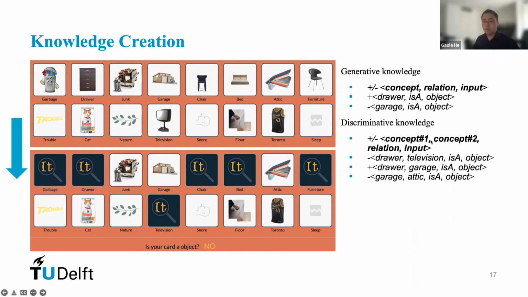With cards flipped and unflipped in the same turn, we can obtain discriminative knowledge. As genre and television are both flipped in this turn, they can't be distinguished with the relational property "is an object". It's the same for garage and attic, which remained unflipped in this turn. With the same behaviors in this turn, we construct negative discriminative knowledge. But when we consider genre, which is flipped this turn, and garage, which stays unflipped, we can draw positive discriminative knowledge, as genre and garage can be discriminated with the relational property "is an object".